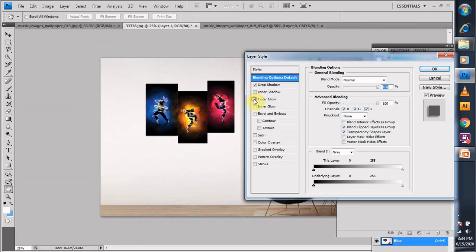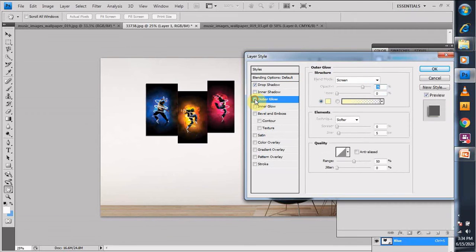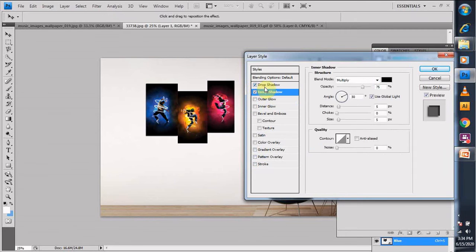It seems like outer glow. Outer glow we don't need, inner glow we don't need, and bevel we don't need, color overlay, gradient. These are the various tools you can use.